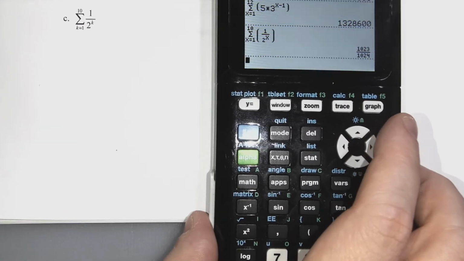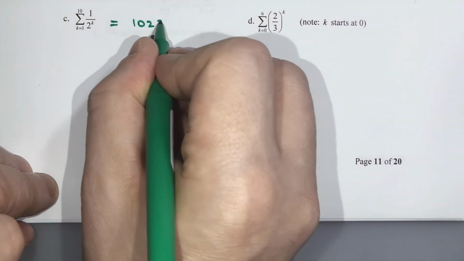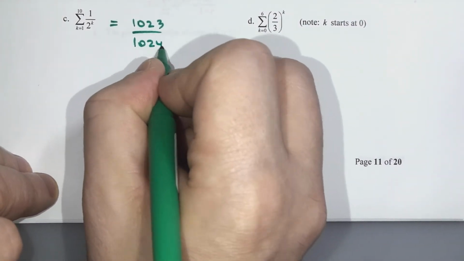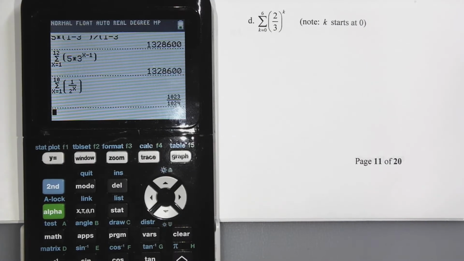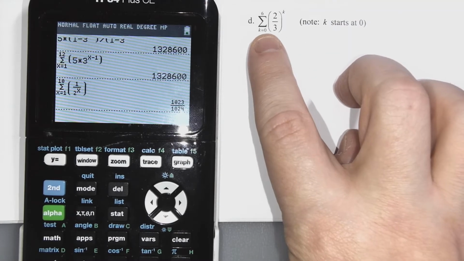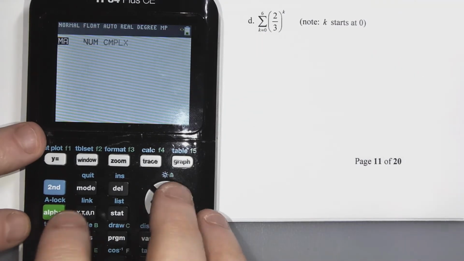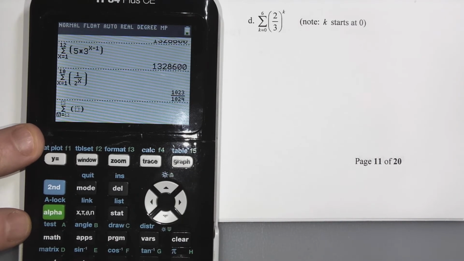Nice. 1023 over 1024. And then finally, on this one, they ask us to do it, but notice how they're messing with the bounds on the summation, starting from 0. But since we are at least to get the answers to this using the calculator,